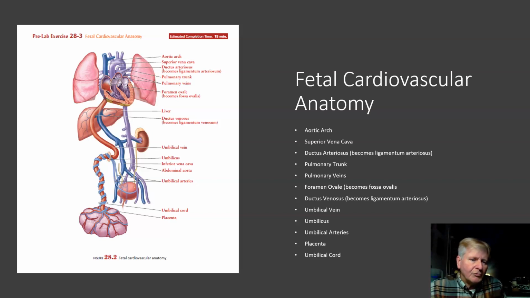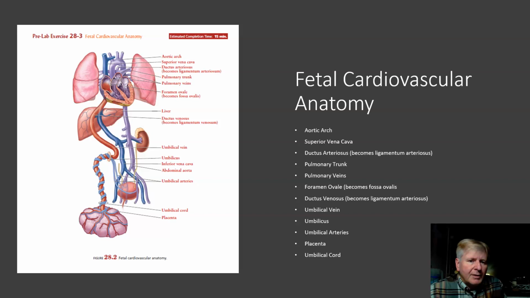The pulmonary trunk will take the blood out of the heart, and there's a structure called the ductus arteriosus, the structure right here, and that allows for blood to flow from the pulmonary trunk to the aorta, and that allows for blood to be distributed to the lungs so that they can develop. So the ductus arteriosus is the communication between the pulmonary trunk and the aorta, as you can see from the